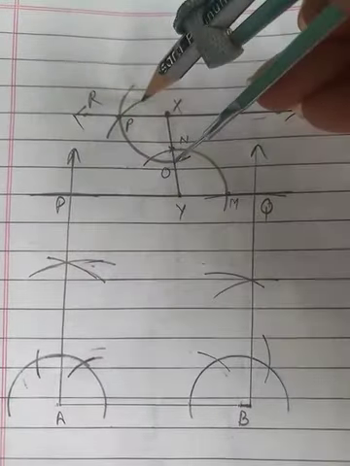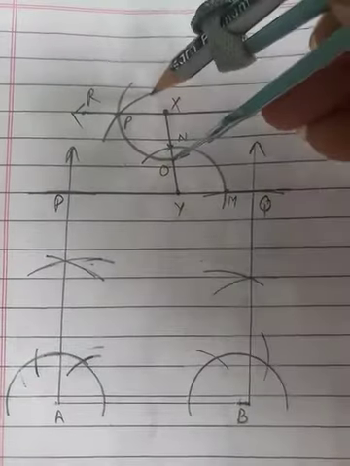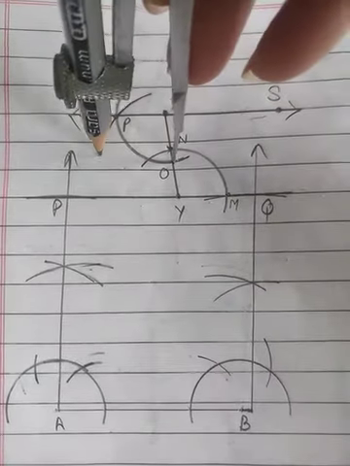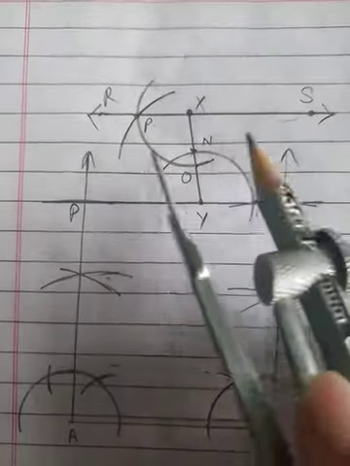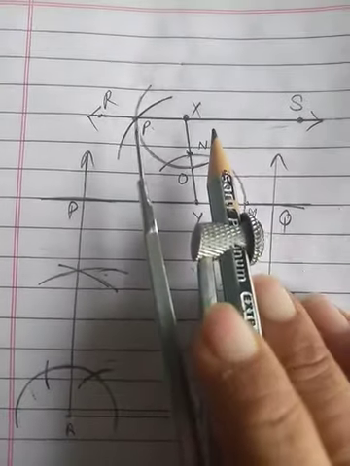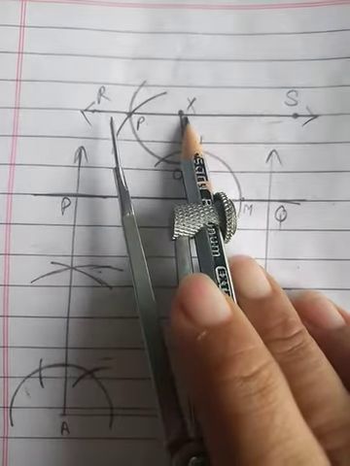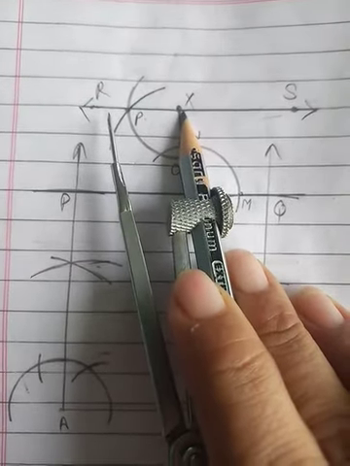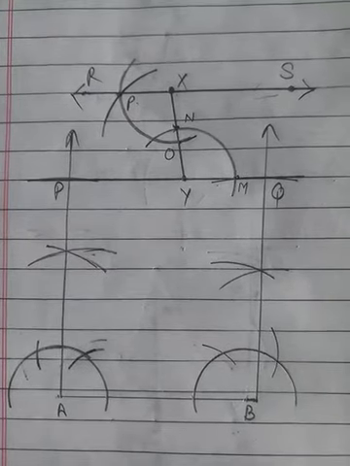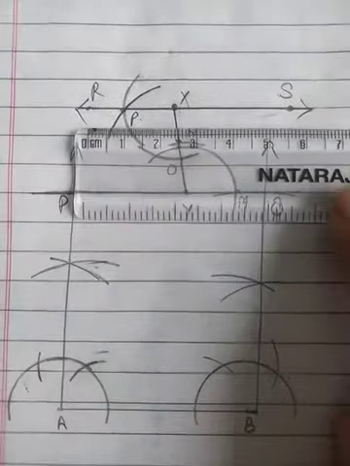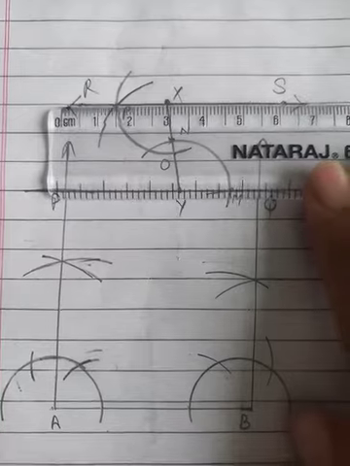Okay, like this it has intersected. Now at the point where the arc is intersecting, we need to mark the point P and we need to draw a line which will pass through the point P and point X. Okay, so as it is already given in the statement, we need to use the same names, that is R and S. So by passing through point P and X, I have drawn